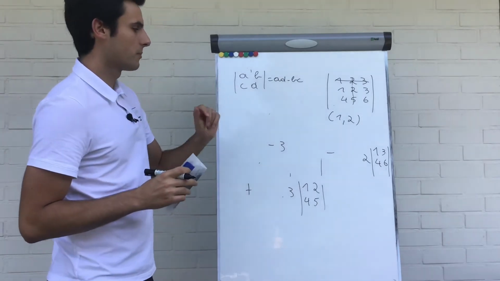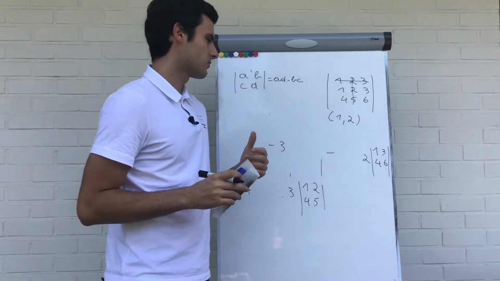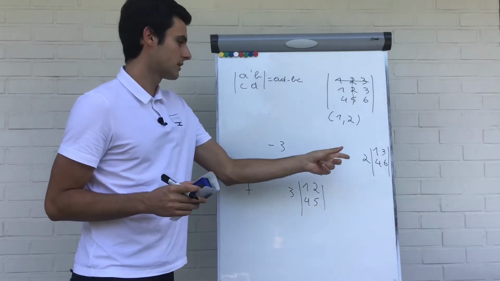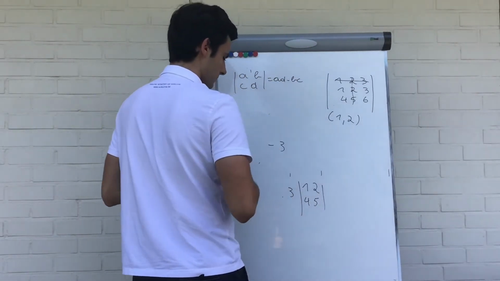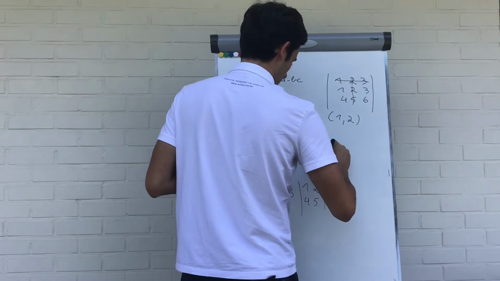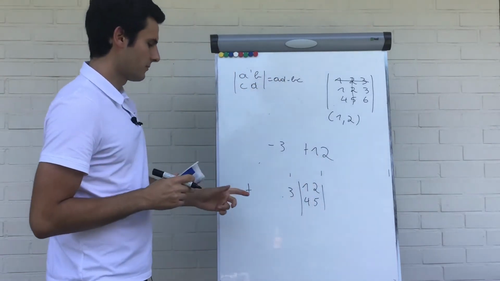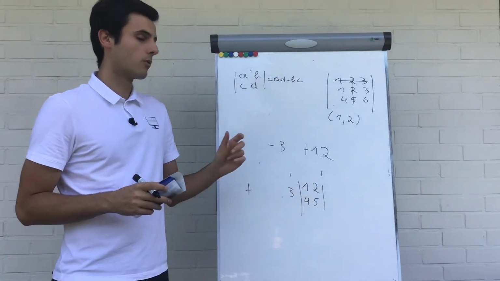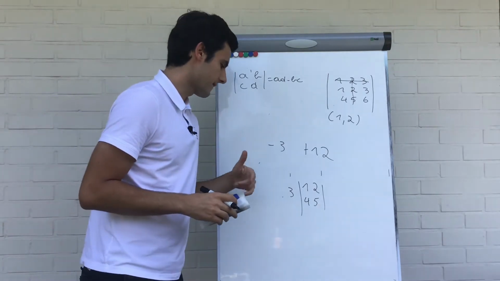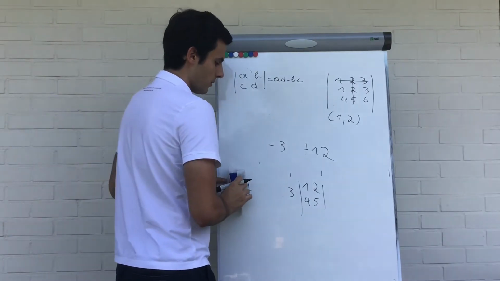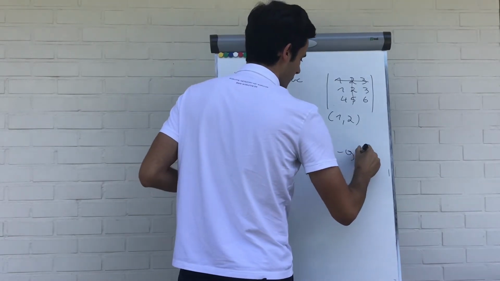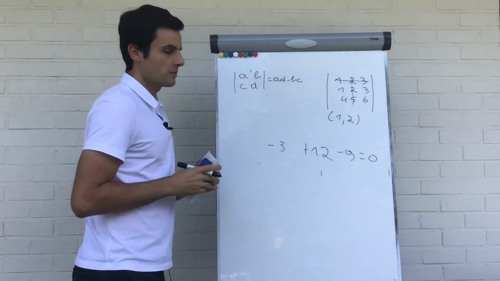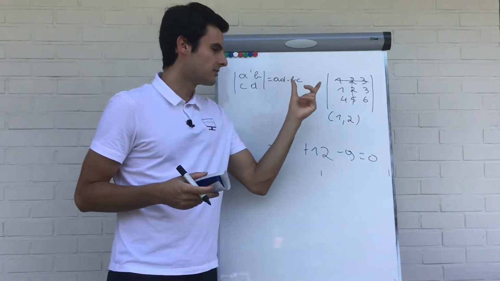Then 1 multiplied with 6 is 6, minus 12 is minus 6, minus 6 multiplied with minus 2 is plus 12. And then we have 5 minus 4 multiplied with 2 is 5 minus 8 is minus 3. 3 multiplied with minus 3 is minus 9. So we have 0. It's not surprising, but some of you may already have seen it, that the determinant of